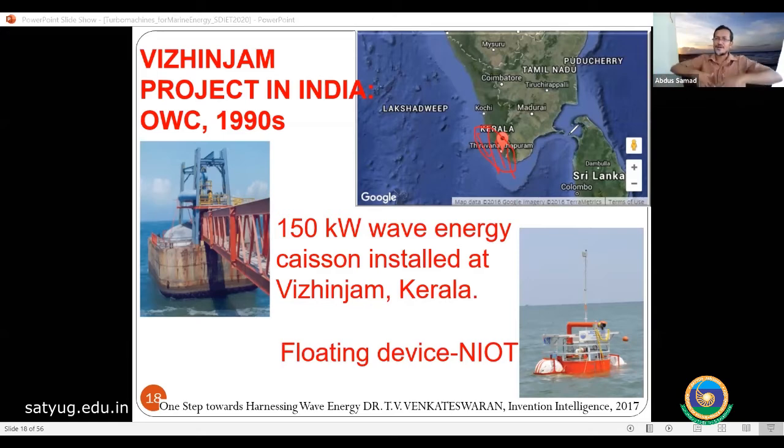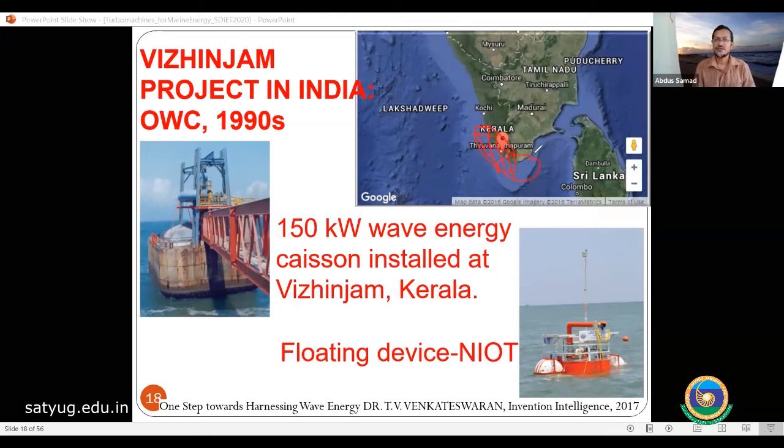But when the wave is very high, going up and down, in that case you can actually harvest energy. In this area, it was the red zone, so the wave height is very high. Around Kanyakumari, we can get a wave height of around 2.5 meters, but in the Chennai area it is half a meter. With 2.5 meters wave height in this area, we can harvest energy. In the Chennai area we can harvest too, but that will not be economical.